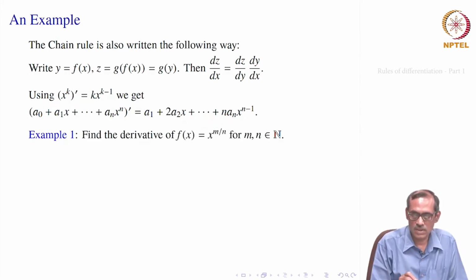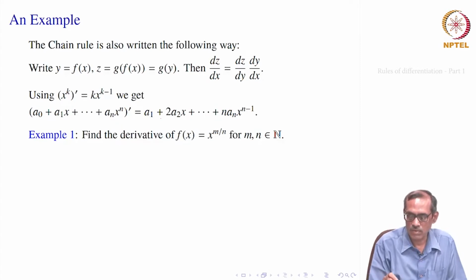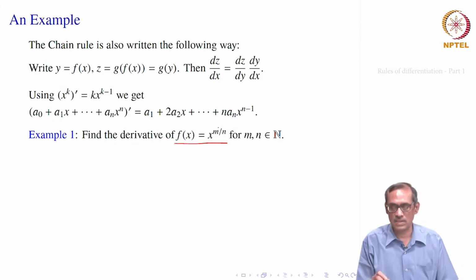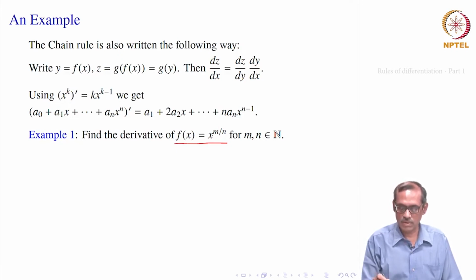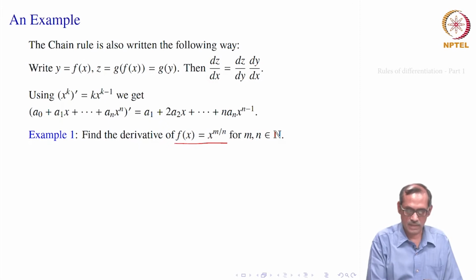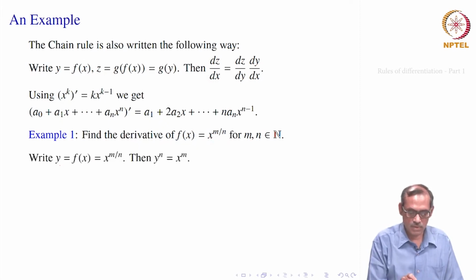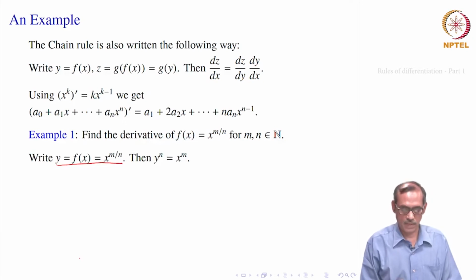Okay, let us see this. Apply the chain rule and this on a function having x to the power m by n, a rational power, not only natural numbers here, x to the power m by n. So, they are positive powers. So, negatives, 1 by x, will come later. So, f x equal to x to the power m by n. Okay. So, here what do we do? We write y equal to f of x equal to x to the power m by n. We want to find out dy by dx. This is what we want to find.